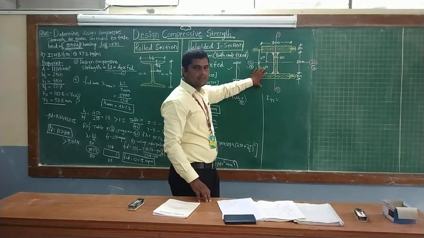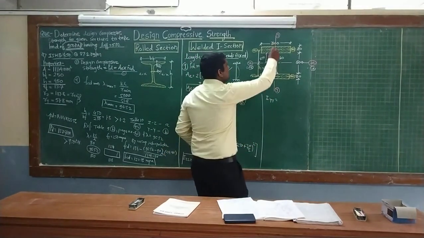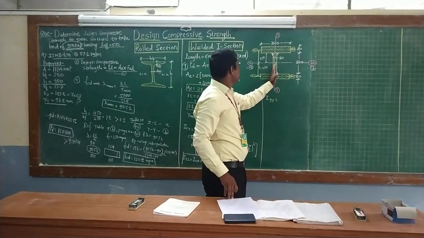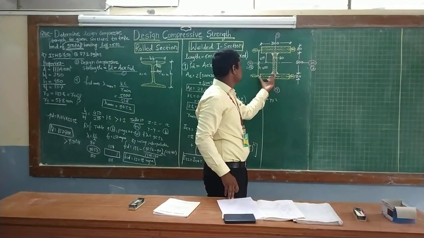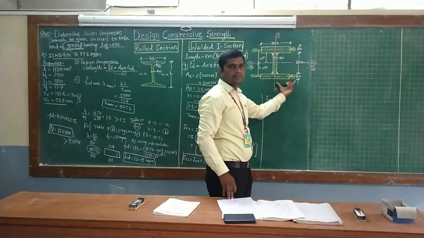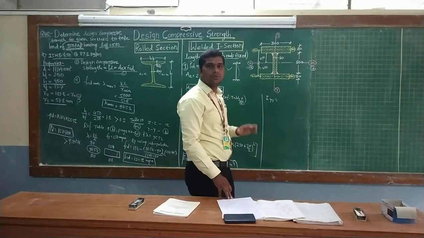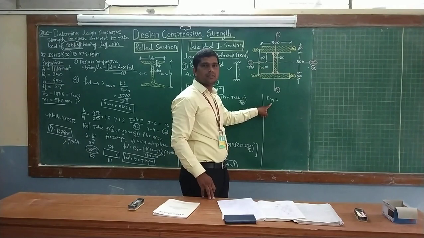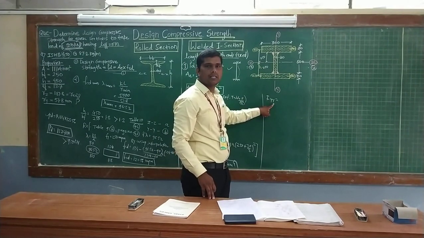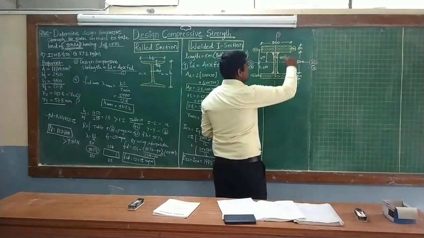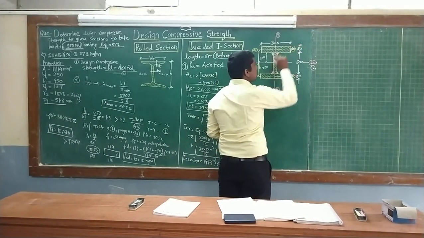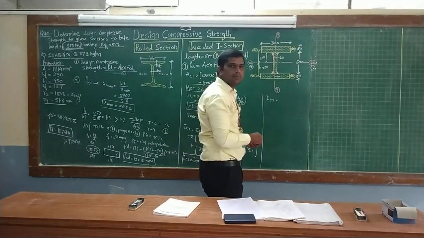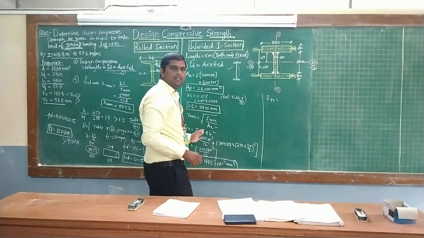So for this built up section, if you draw the centroid axis along the y axis, this built up section will be symmetric, that is left hand side is equal to right hand side. Means all distances are similar to each other. So this built up section about the y axis will be the same. So moment of inertia about y axis is equal to, along the y axis, here B for top and bottom is 30 and depth will be 300 mm. So vice versa related to the previous condition.